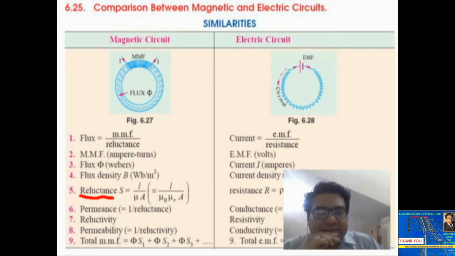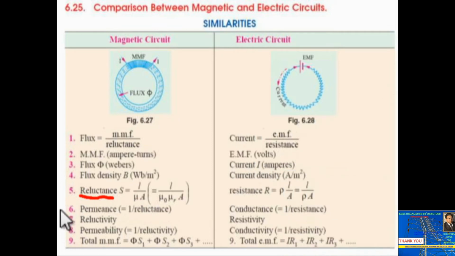So guys, then next difference you see, what is permeance? Sixth point. So this is 1 upon reluctance, and reluctance is opposition offered, and permeance is permittable flux. Okay, permeance. There is permission actually of flowing of flux. So permeance is 1 upon reluctance, and here just like conductance G, you see G is equal to 1 upon R.